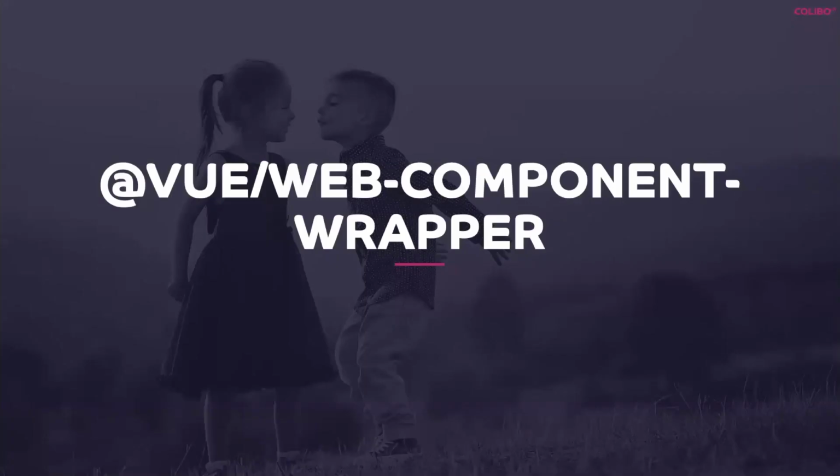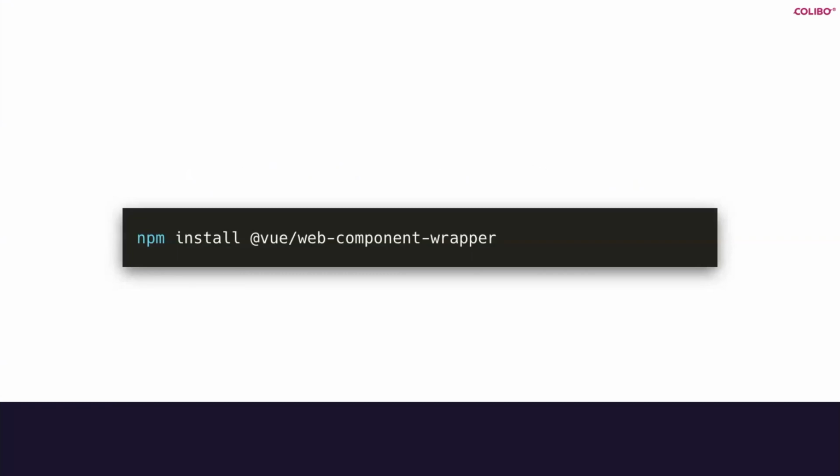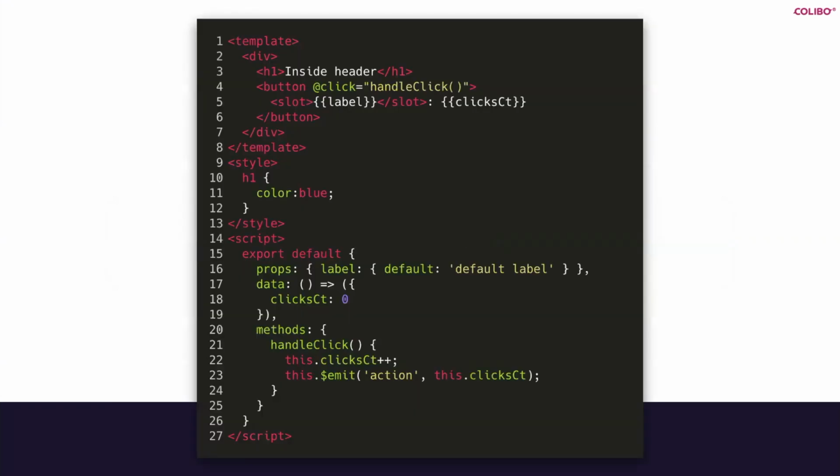I think we're just going to skip that and go right into the Vue way of doing it. In Vue, there's a very similar project called the Vue Web Component Wrapper. We do npm install just like before to add it, and then we build our component just like we would normally in Vue. So this is just implementation details. If you want to look at the slides and see how we actually built the magic button that counts and does all that stuff, you can see it right here.